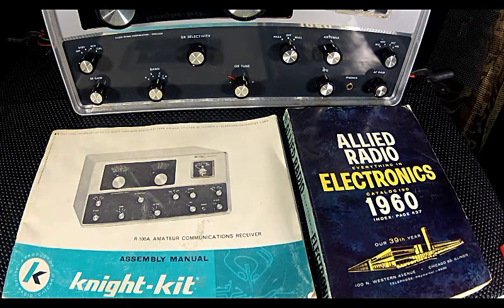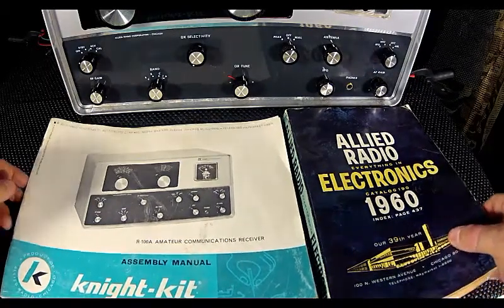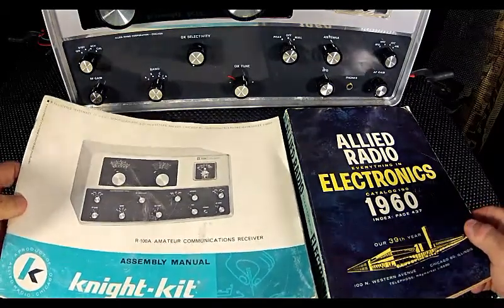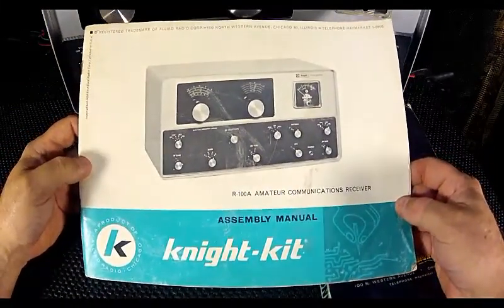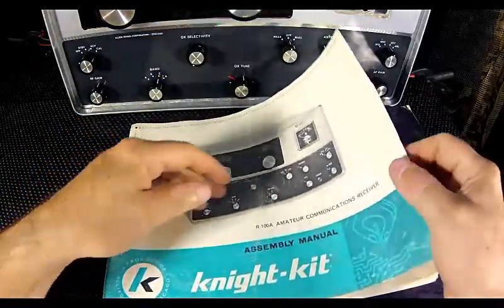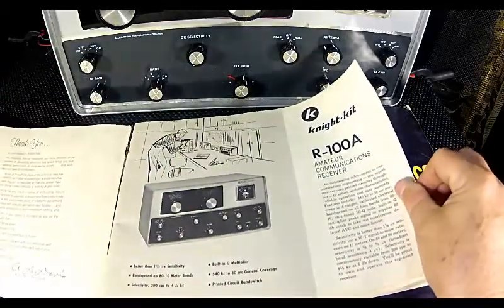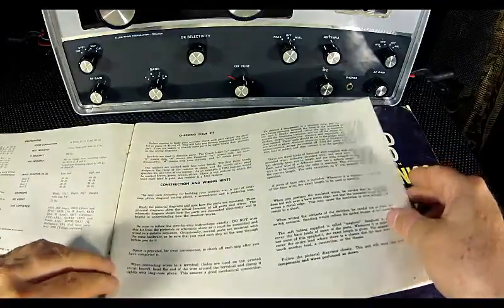Well, hello again. This is Survivalist 2008 with a follow-up video to my Knight R100A receiver video that I posted earlier. In this short video, we're going to take a look at the Knight assembly manual that came with that particular radio. I do not have the owner's manual, but I do have the original Knight kit assembly manual that came with it, and it has all of the information you need if you need to